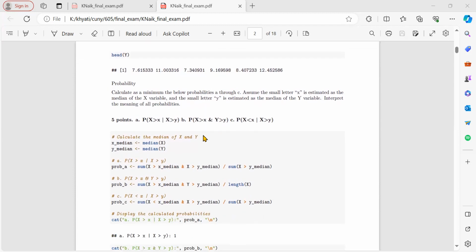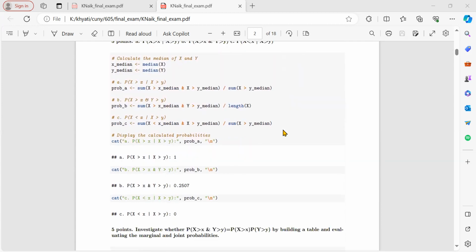Moving on to the next question, which is about probability, where we have to calculate the below probabilities through A to C. And we have to assume the small letter x is estimated as the median of the x variable, and the small letter y is estimated as the median of the y variable. So let's read the code. We are creating the x median and y median variables, and we are calculating the first probability question, which says that